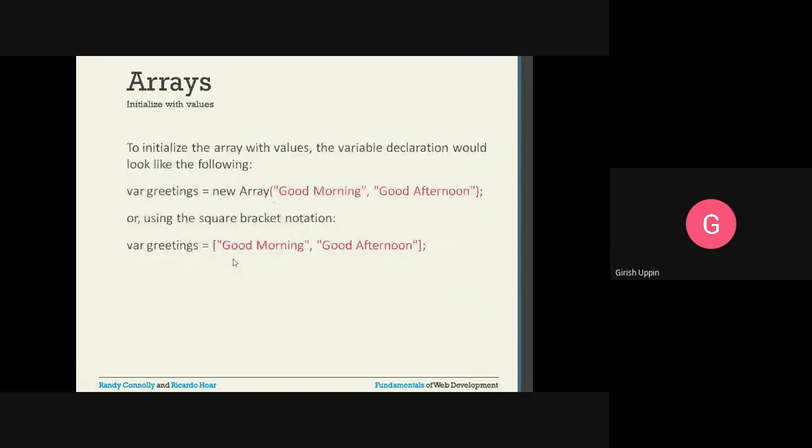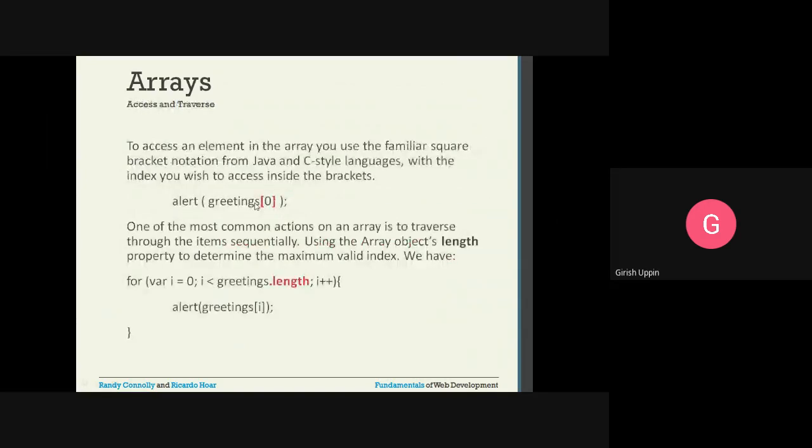If you want to access this particular value, then you say greetings, and inside the square brackets you give the index as 0. So that is the first element in the array. And as you know, alert will display this value in a pop-up window. One of the most common actions on an array is to traverse through the items sequentially.